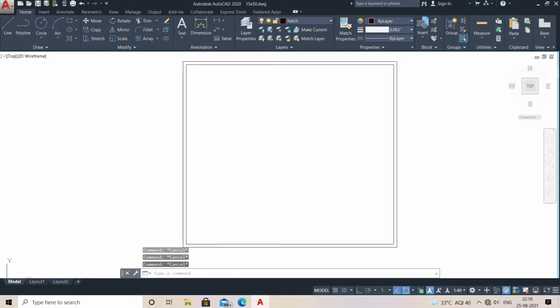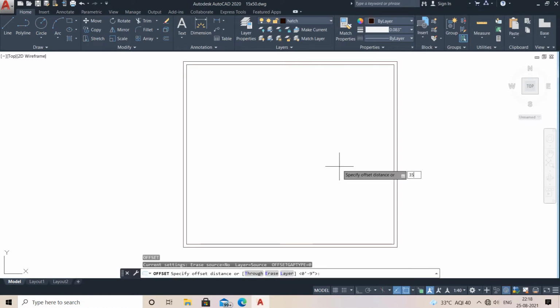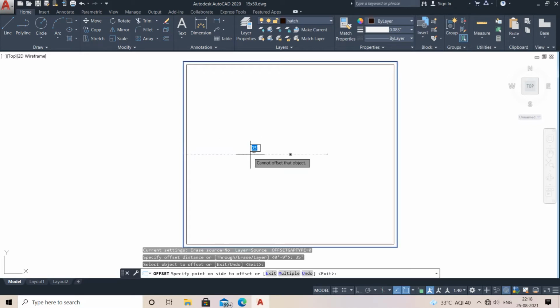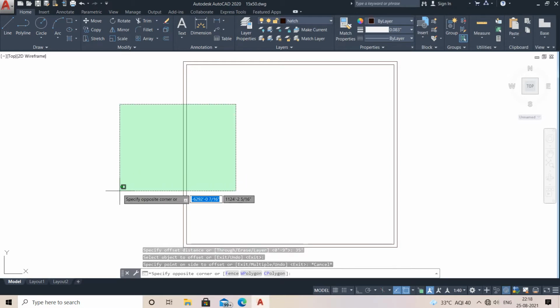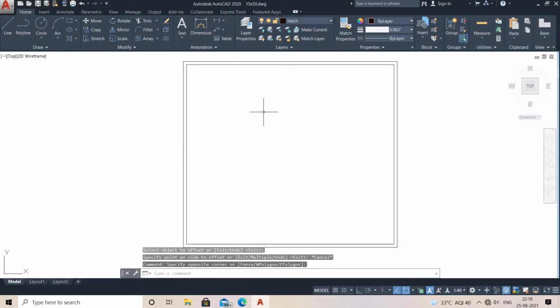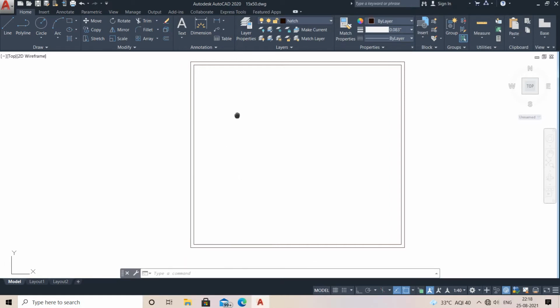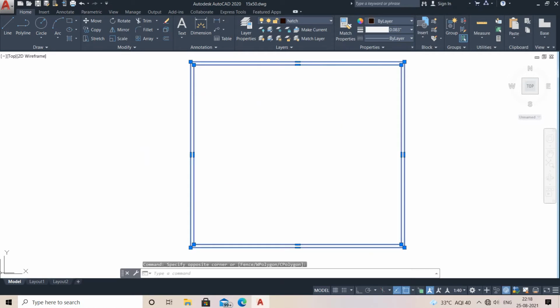Now you go for the offset command of 35 feet. Why have I done it like this? I need to offset 35 feet from this exterior part. Before doing this, it is a rectangle, right? It is made of polyline, so you have to explode it, meaning it has to be made into line segments. You can see, if I select any one of them, I want to select only this part, not the whole, but since it is a rectangle made of polyline, all of them have been selected.